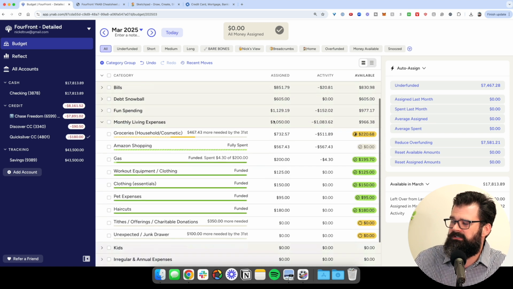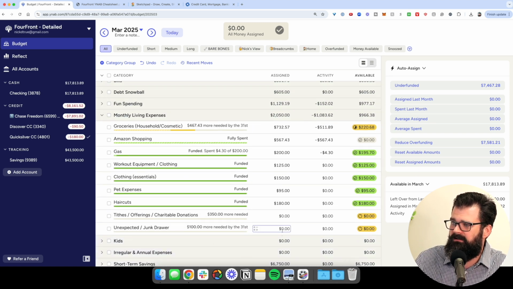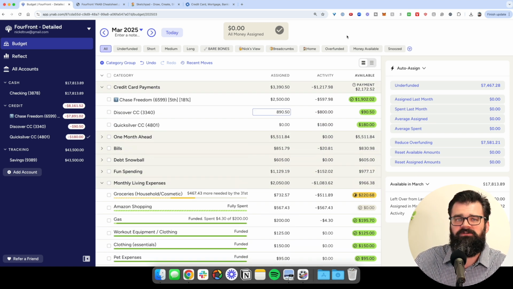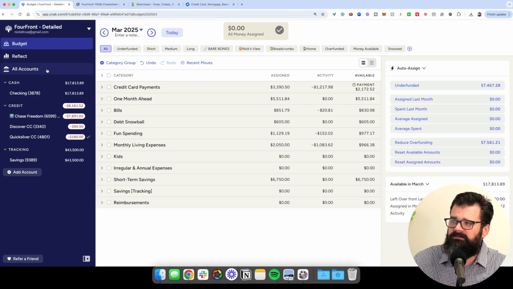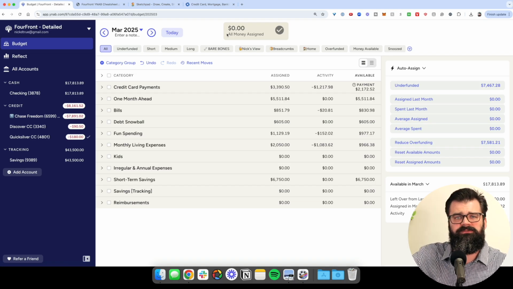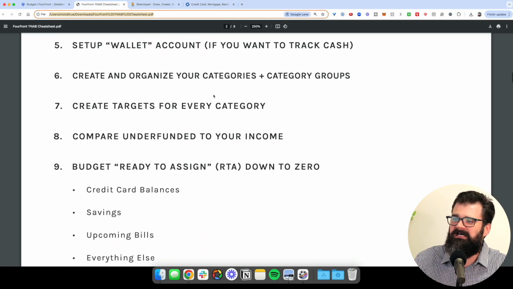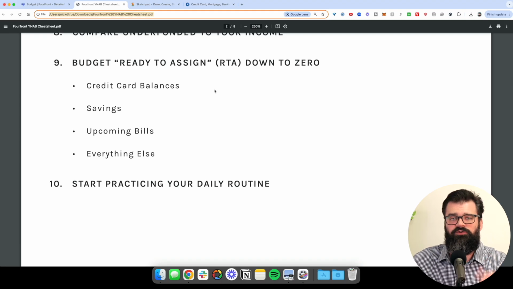And you also want to understand that as long as you're covering your overspending, you will always have enough money to pay back the credit card. And now you are totally set up. At this point, we've got all of your accounts in place. We've got your category groups and categories in place. You've got targets on everything, and we have assigned all of your money down to 0. We've completed all 10 steps on the YNAB setup checklist, and you're ready to start learning your routines,